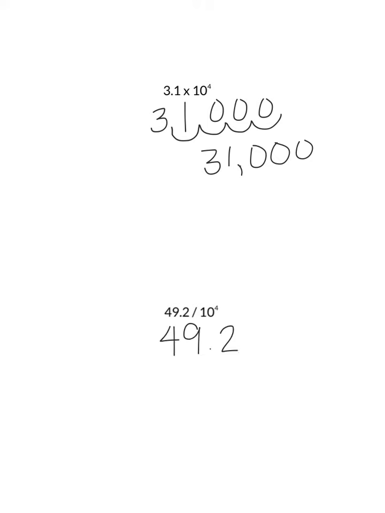and 49 2/10 divided by 10 to the fourth. We've got our 49.2. We're dividing, so we're going to the left 4. 1, 2, 3, 4. Put your decimal back down. Put in your placer zeros. So this one, 0, 0, 4, 9,